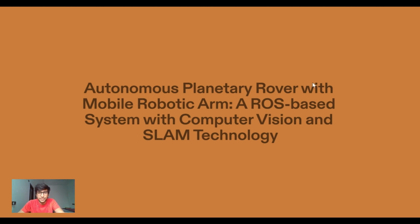The exploration of a planet or other celestial bodies is a fascinating feeling, and as technology improves and we find out that it is possible, everyone is curious what's out there in space. So, us as engineers, we try to create new systems, new robots to be able to explore these celestial bodies. So right now we are trying to build a planetary rover with a mobile manipulator, which will help us in